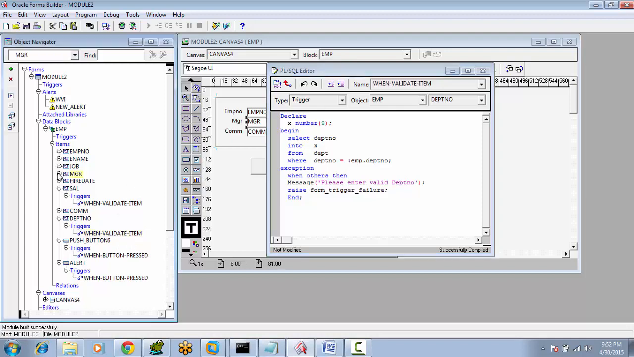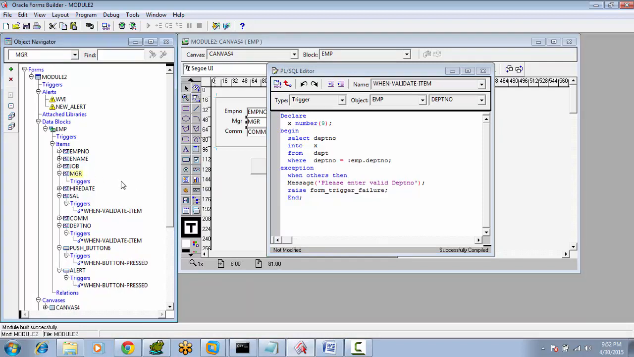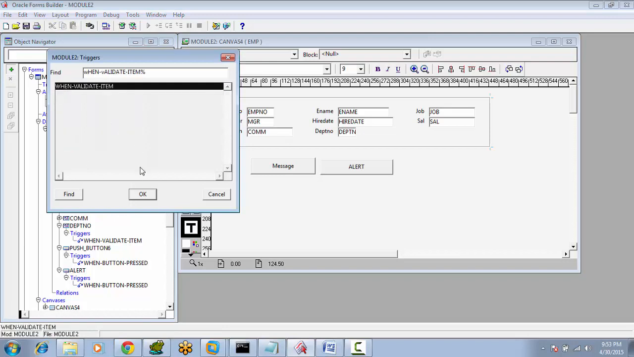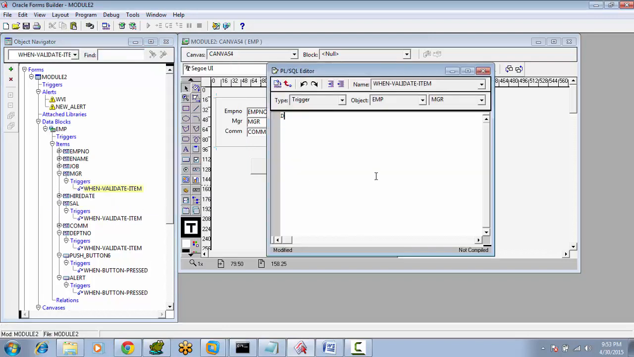Let's take another example. Manager is nothing but one of the employees. So when user enters manager number, it must be an employee number. If user tries to enter some invalid employee number, we want to stop the user. Okay, go to triggers. When validate item, first we have to verify